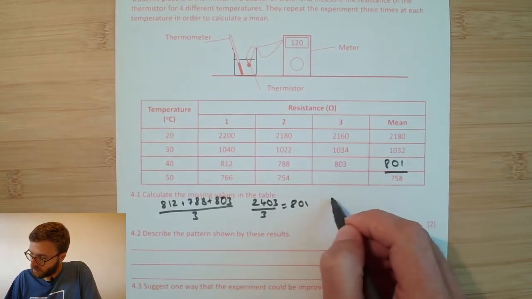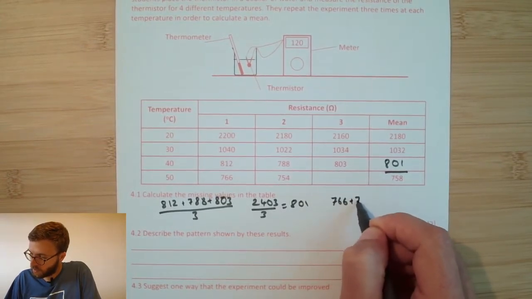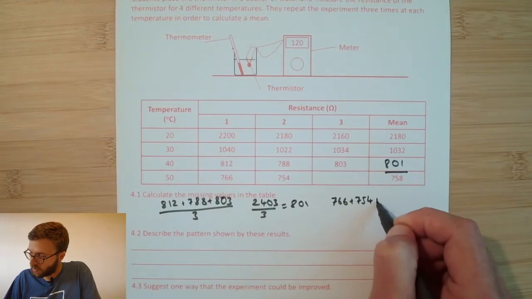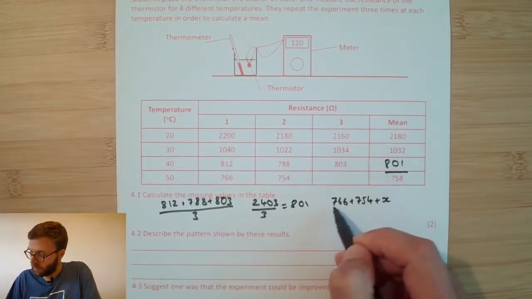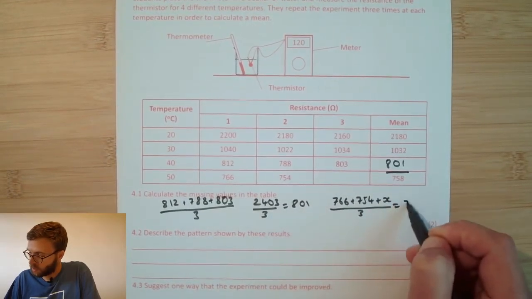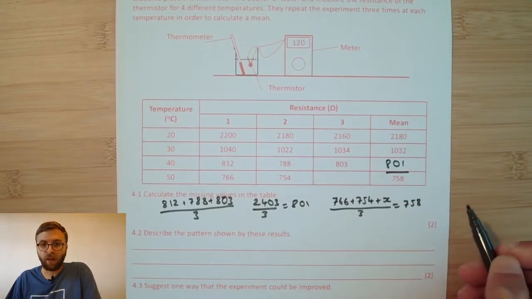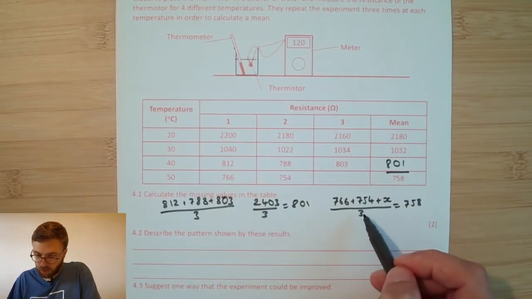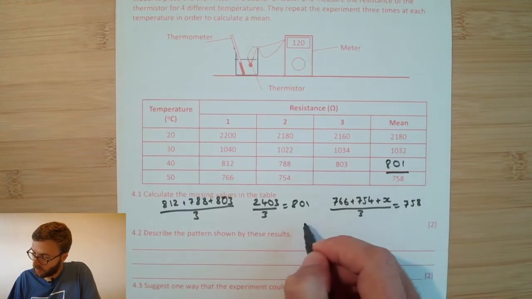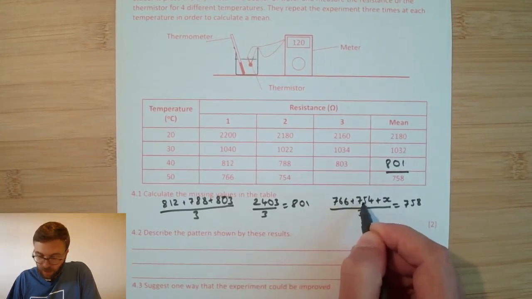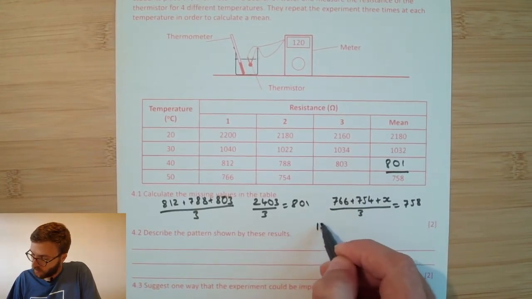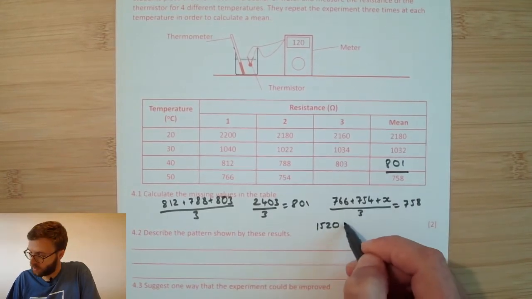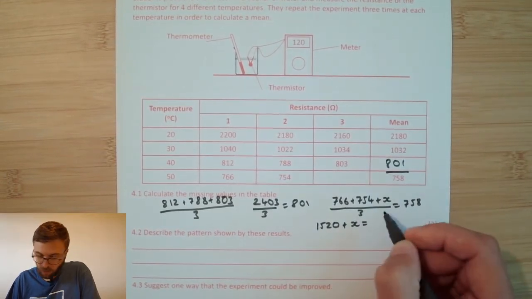So in this case we know that 766 plus 754 plus the missing value, which I'll call x for the moment, divided by 3 equals 758. Now we can just simply rearrange our equation, so we're going to bring the multiply by 3 over here, and we'll work out the 766 plus 754, so we get 1,520 plus x equals